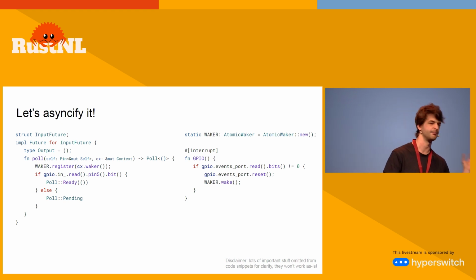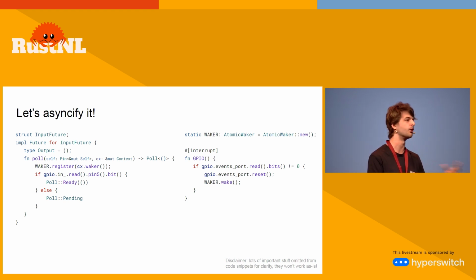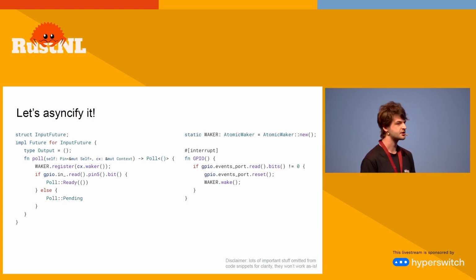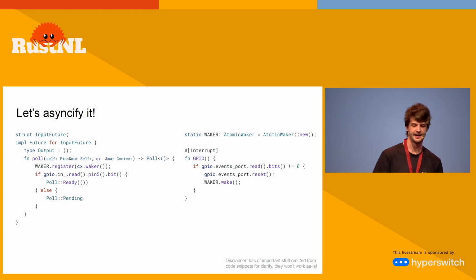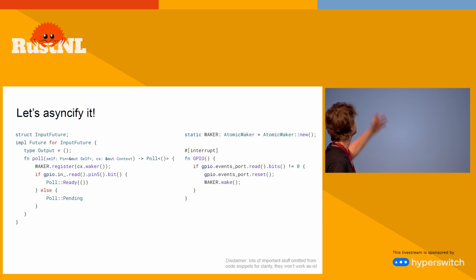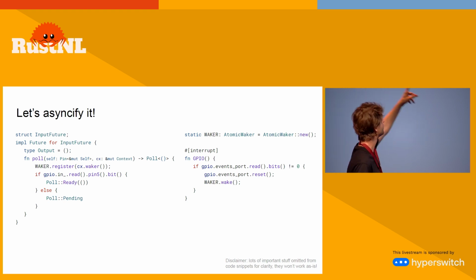Like all peripherals are a version of this. They might be more or less complicated, but the idea is this. You wait for interrupts. So let's asyncify it. Let's actually wrap it into Rust async to make this easy to use instead of getting interrupt callback hell. So how do you do this? You write a future. At the very bottom level, when you're interacting with the hardware, you will have to write futures manually instead of using async fn. So the first thing you do is register the waker on a global variable.